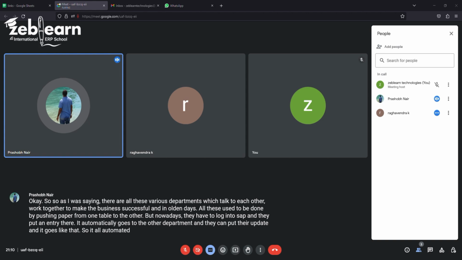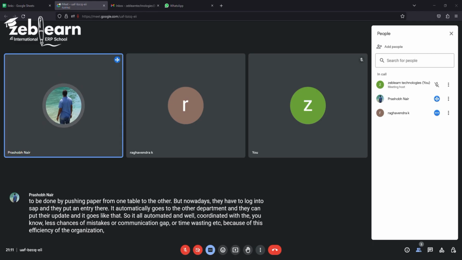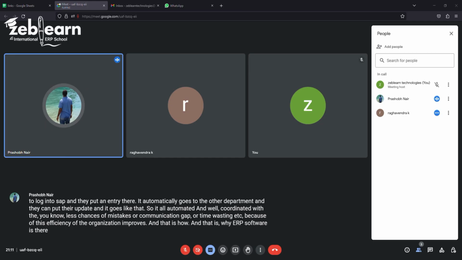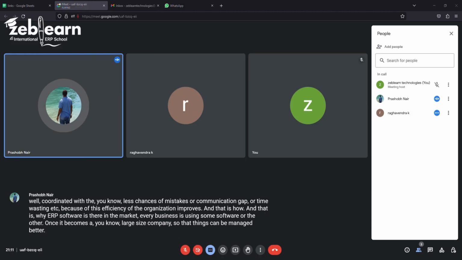and well coordinated with fewer chances of mistakes, communication gaps, or wasted time. Because of this, the efficiency of the organization improves, and that is why ERP software is there in the market. Every business is using some software or the other once it becomes a large company, so that things can be managed better. So that is where ERP software has its utility